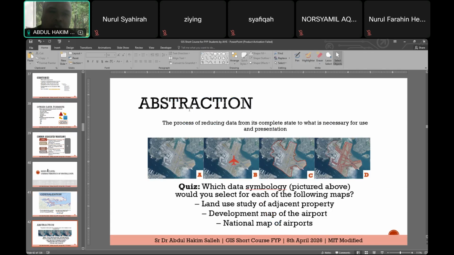All right, I've talked too much. Next is the abstraction. Abstraction is something that, if you see the map for just 5 seconds, whether you can extract the information from the map or not. Okay, that will be the abstraction. It is not generalization, because abstraction is something that makes it easier for you to identify anything.